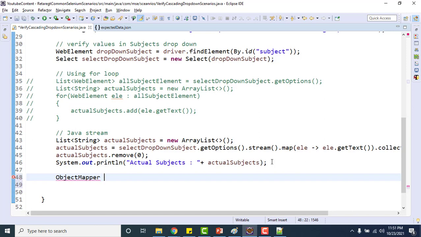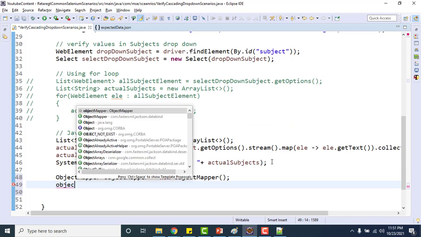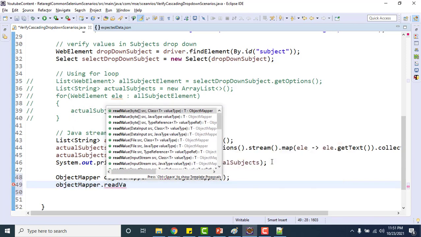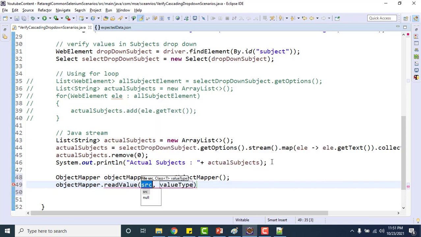So ObjectMapper, let me create an object of it, new ObjectMapper. This ObjectMapper class has one method called readValue, and it has overloaded readValue methods. I need to use a readValue in which I pass the JSON file, right?